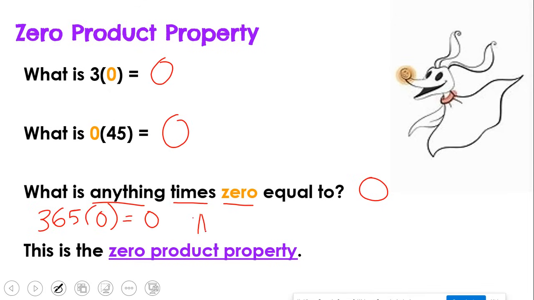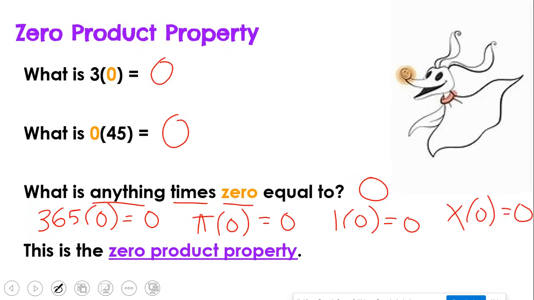I mean the irrational number pi times 0, well, you bet that's going to be equal to 0. Heck, even the number 1 times 0 is equal to 0. Heck, even the letter x times 0, that's going to be equal to 0. Anything and everything times 0 is always going to be equal to 0, and that essentially is what the zero